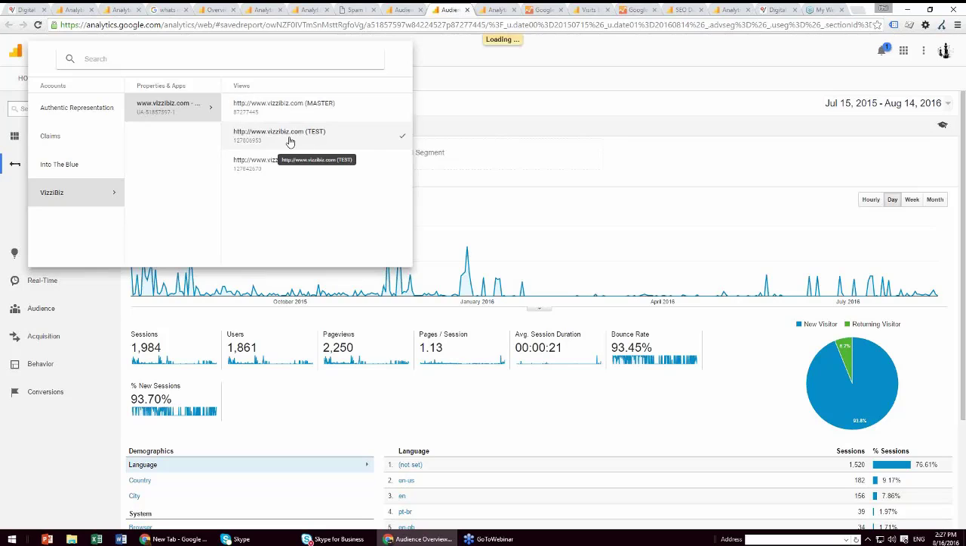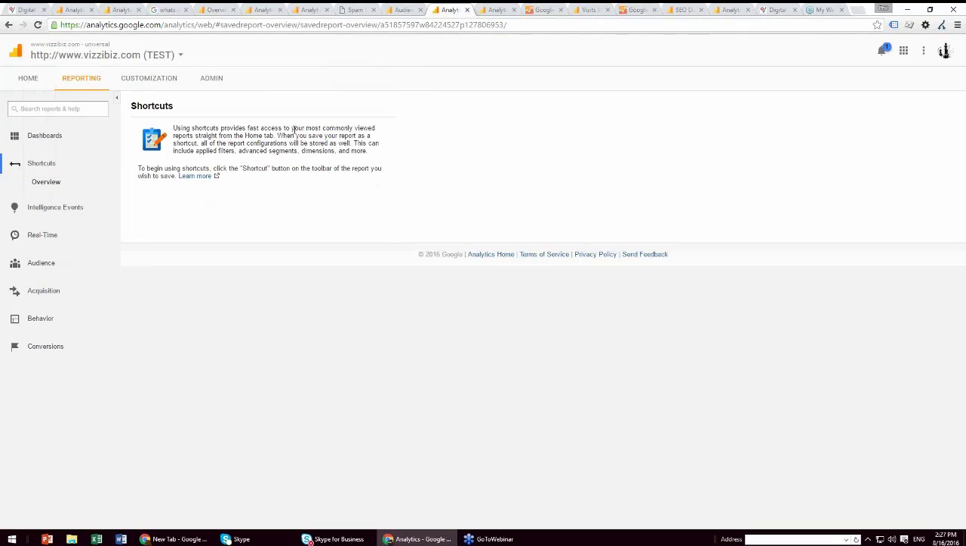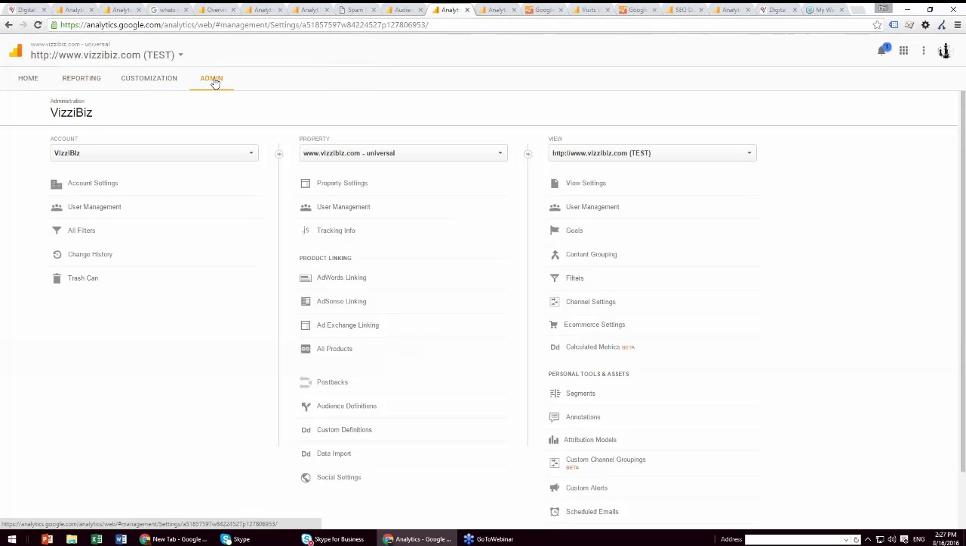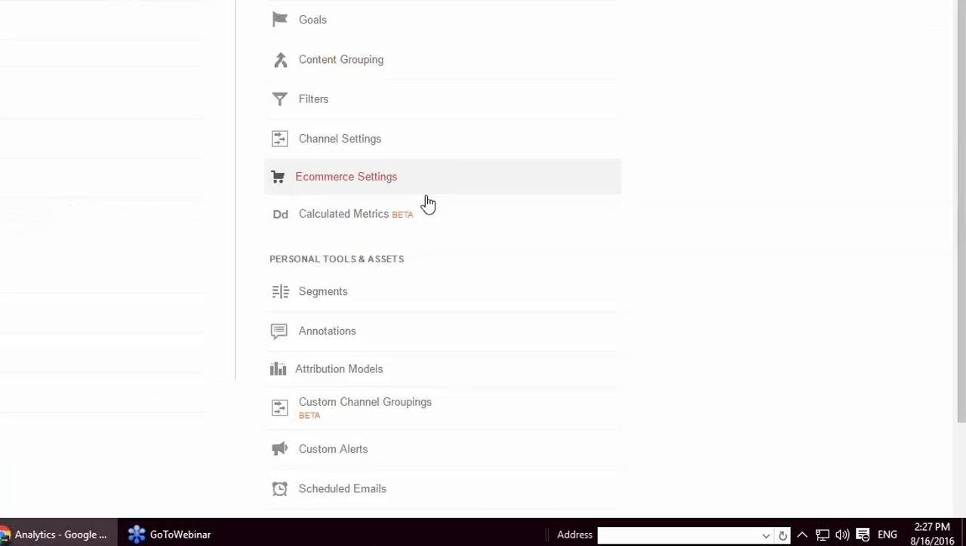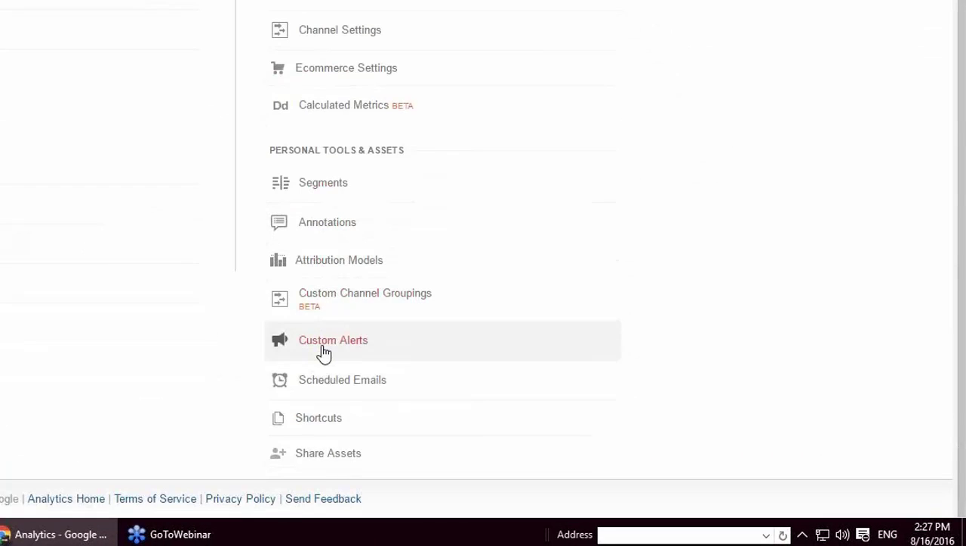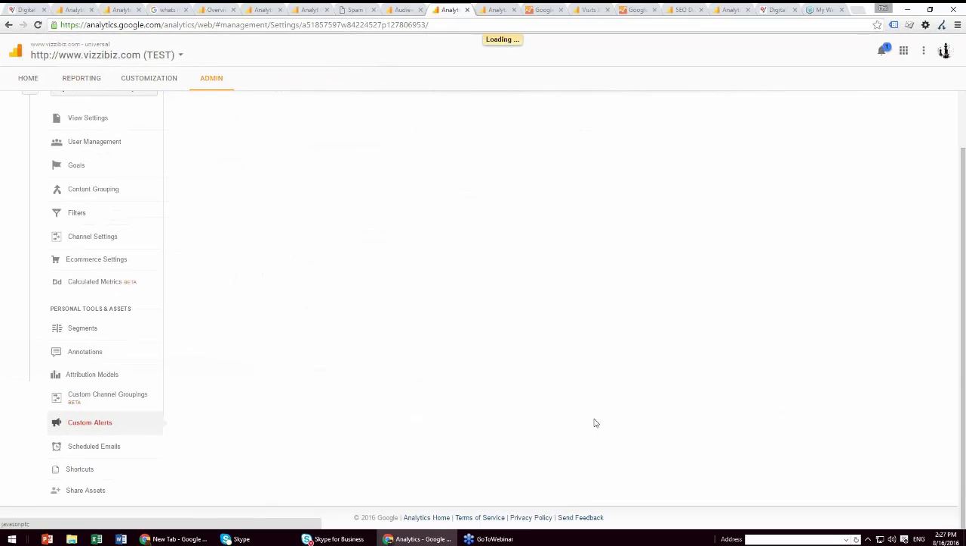Okay, right, perfect. So as usual, we're just going to get started on the test view. So jump into the admin settings, and if you scroll down in your view column, you will see somewhere down near the bottom custom alerts. So we're going to jump in there,